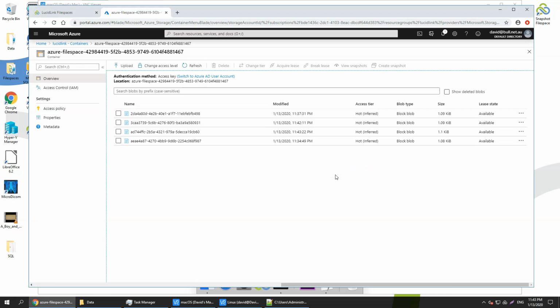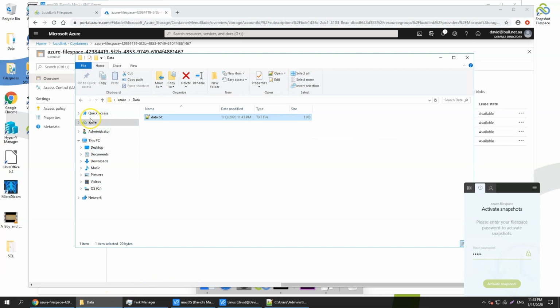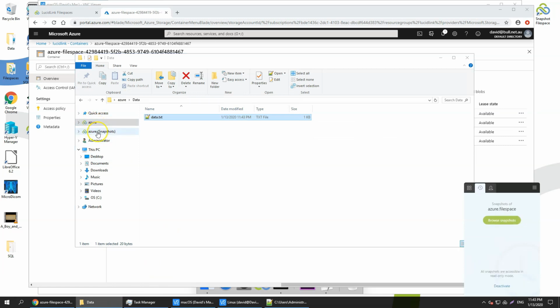So let's, for instance, mount our snapshots while we're waiting. Let's open up on Windows our snapshot in our dashboard, and we'll see a mount point appear called Azure Snapshots, where we can see the 3